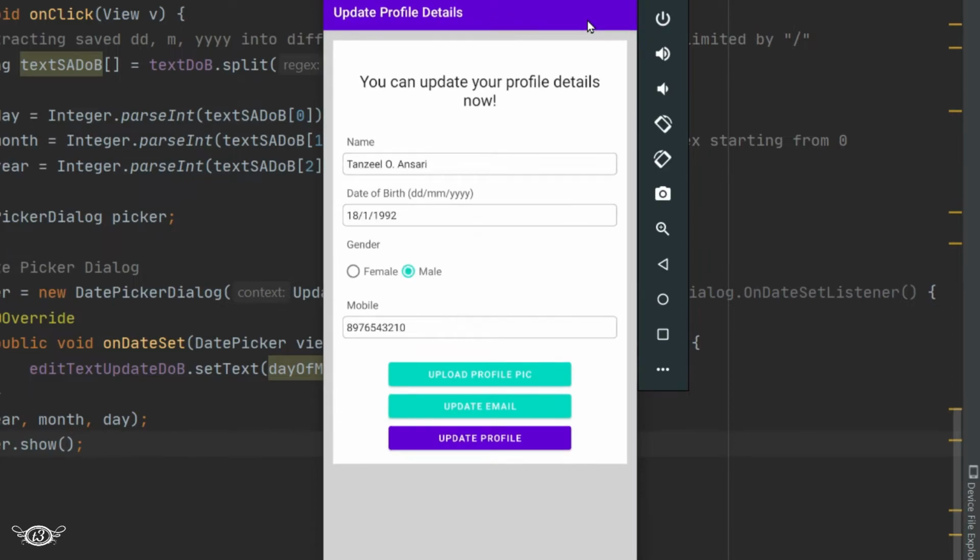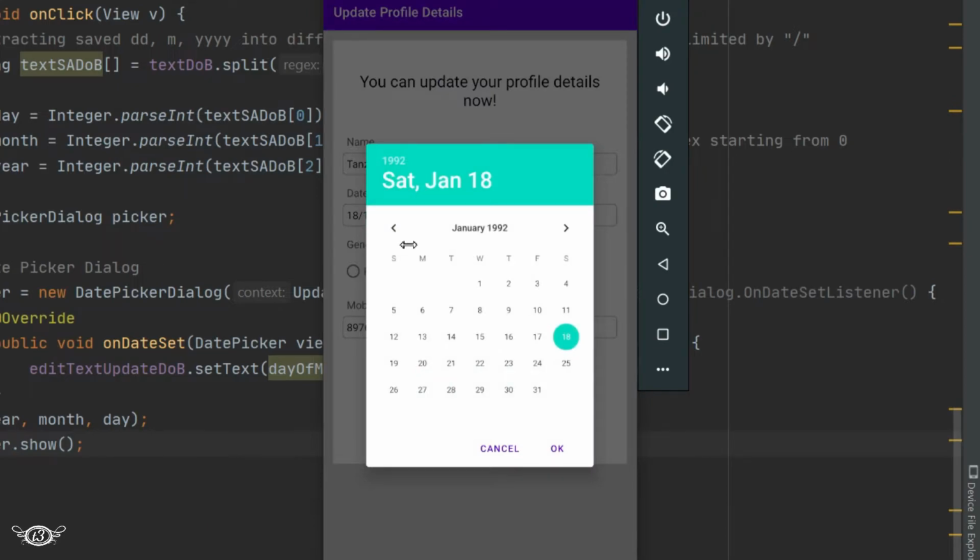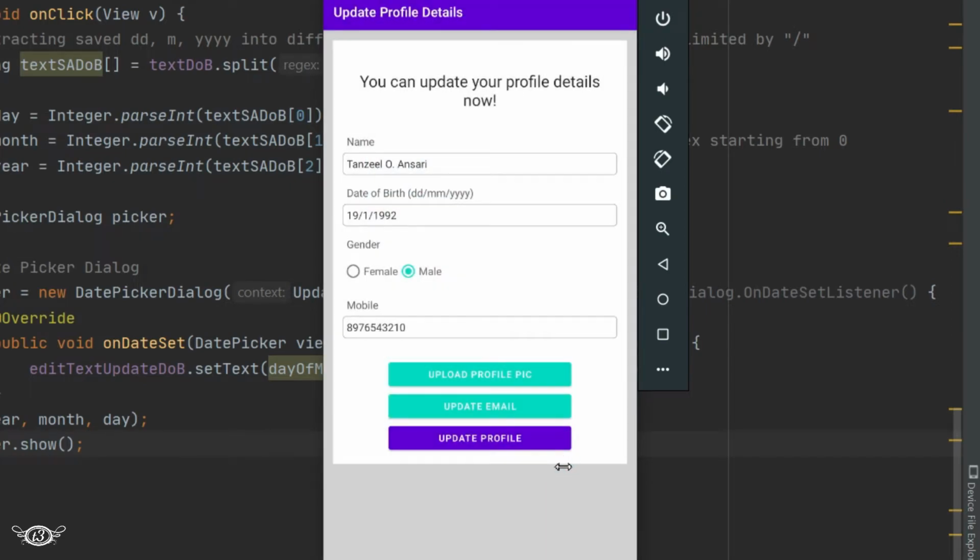And let's click on the edit text for date of birth. And you can observe that the edit text is displaying the date of birth which was saved before. And if we click on the edit text, you can see that the same date is visible in the edit text. It is not showing today's date or any other date, but the date which was saved by the user. Alright,